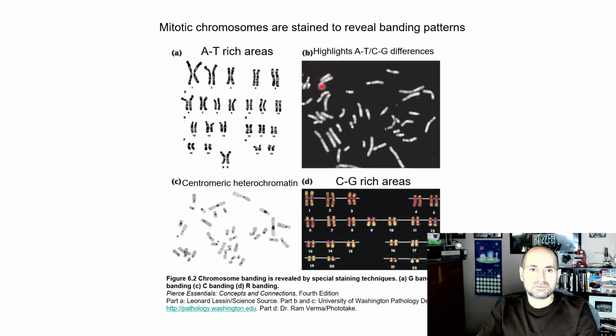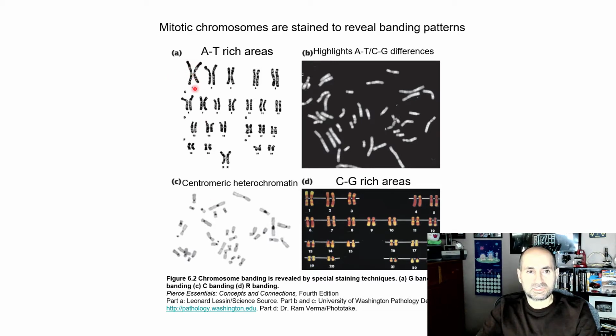There's also another type of staining that highlights the AT-CG differences a little bit better. That's called Q banding. You could have a type of staining that highlights the centromere, the position of the centromere, and that is called C banding. And then you have another type of staining technique that reveals banding highlighting the C and G rich areas, and that's called R banding here. So again,